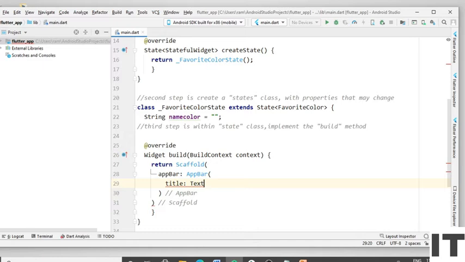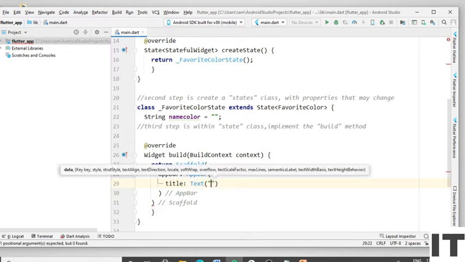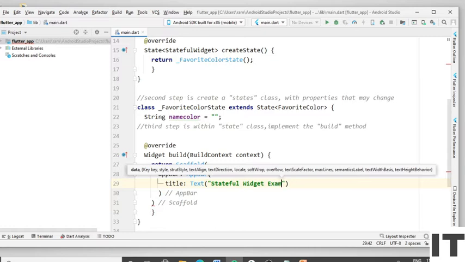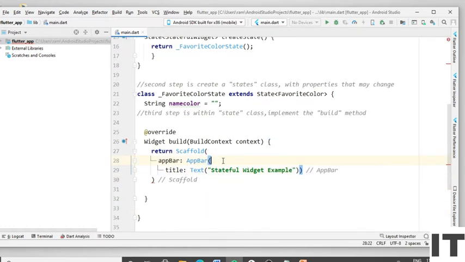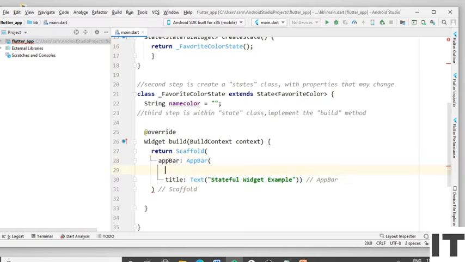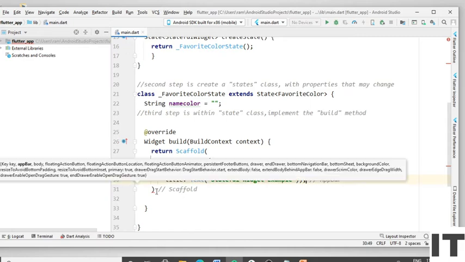Remove the comma and open the round bracket. Put the inverted comma and type the title: Stateful widget example. To put your title in the center, type centerTitle true. Give the comma here and put the semicolon.